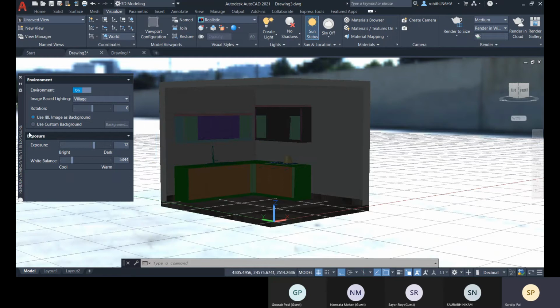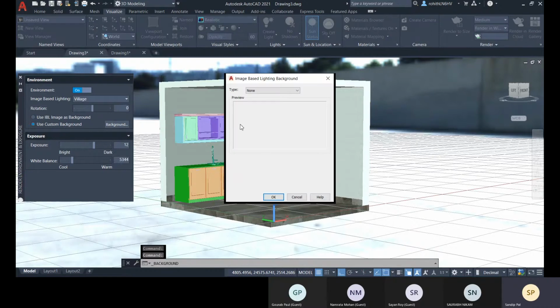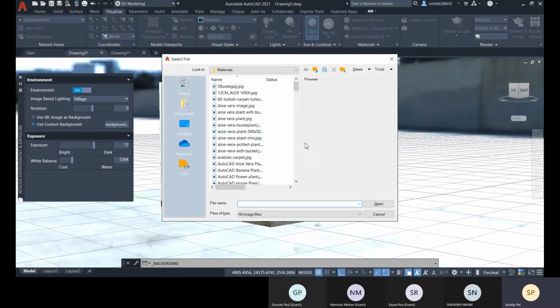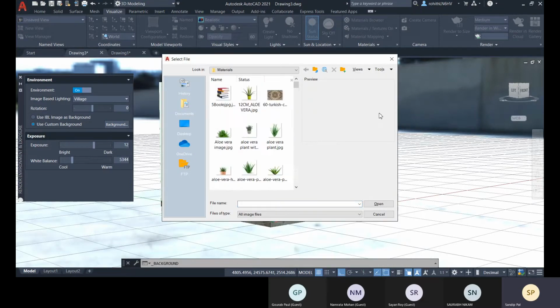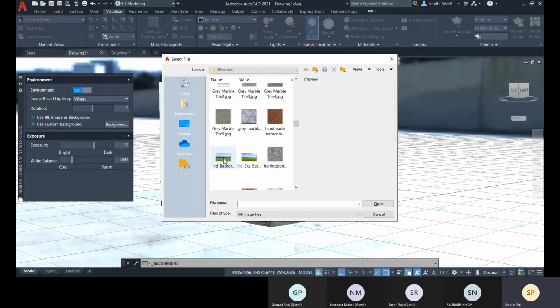Okay, so here we have the option for use custom background. We can use our own background image. You go for this image, and there you will choose the browse option, and then there you can mention an image like this.